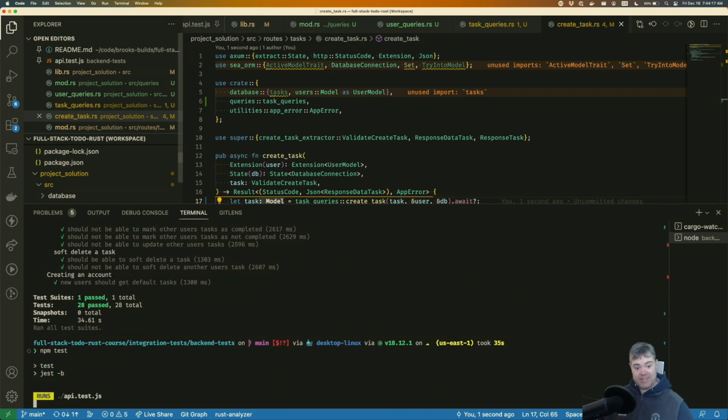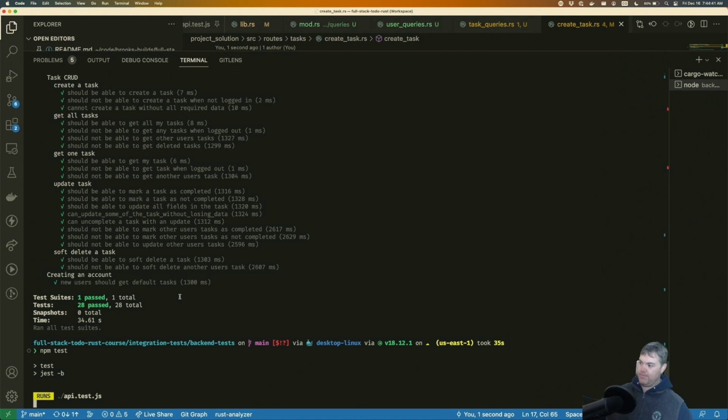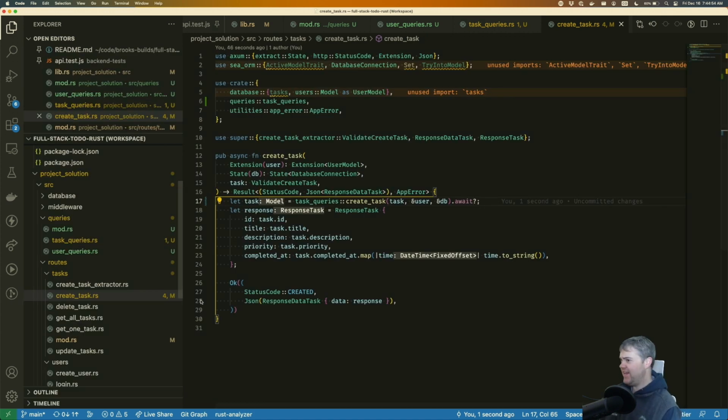The general idea should be the same for everything else, so I feel a lot better about it. Let's just do everything else for at least the tasks, and then we can run the tests again. And 30 seconds later, there we go. Okay. All the tests are still passing, so everything is working exactly the way we want to,